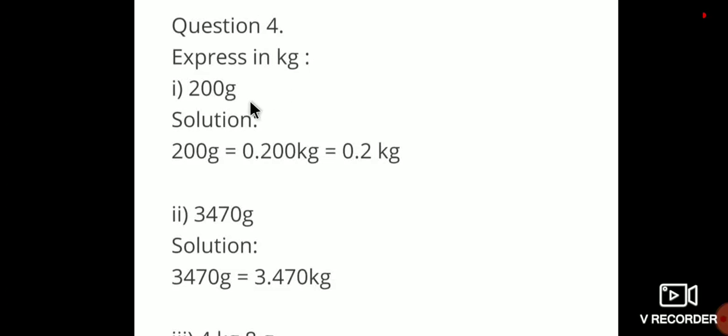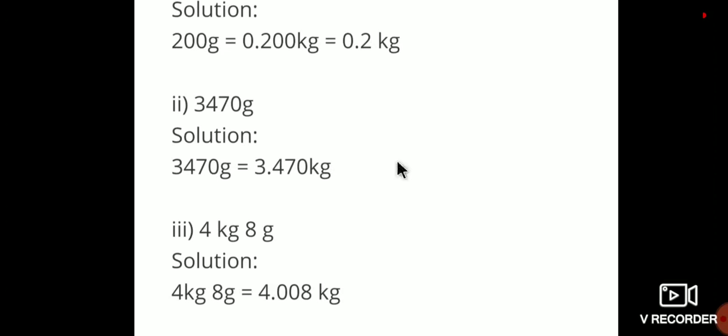Here, express in kg. So, 200 grams solution. 200 gram, we should divide this one by 1000. Then the number of zeros is 3, which means we should put the decimal point after 3 digits. That gives 0.200 kg, which means 0.2 kg. 200 gram means 0.2 kg. And next one,